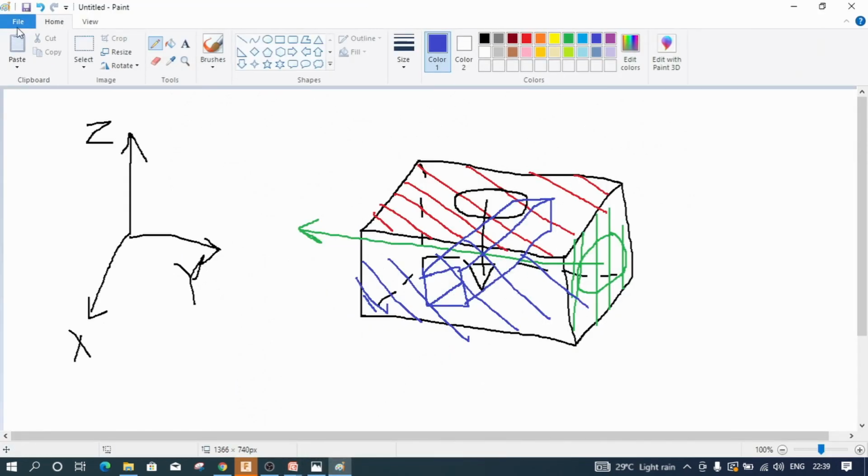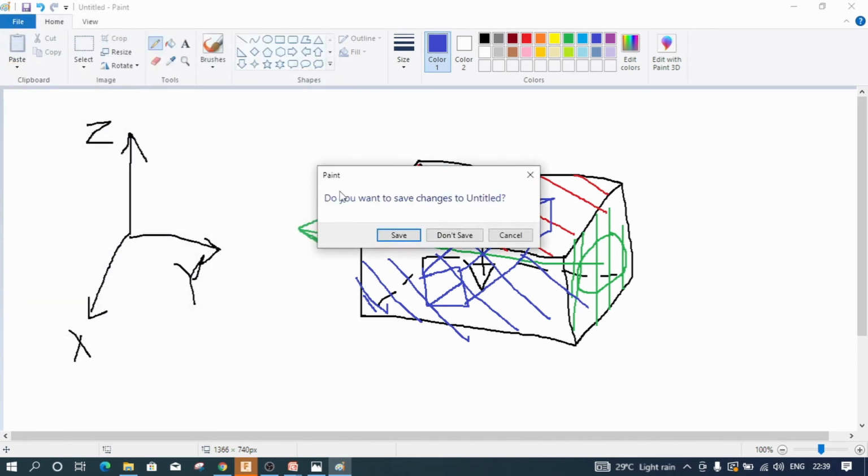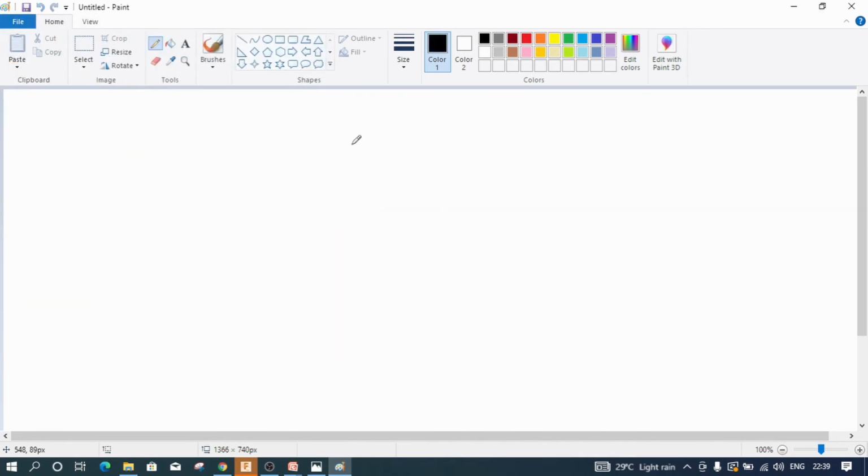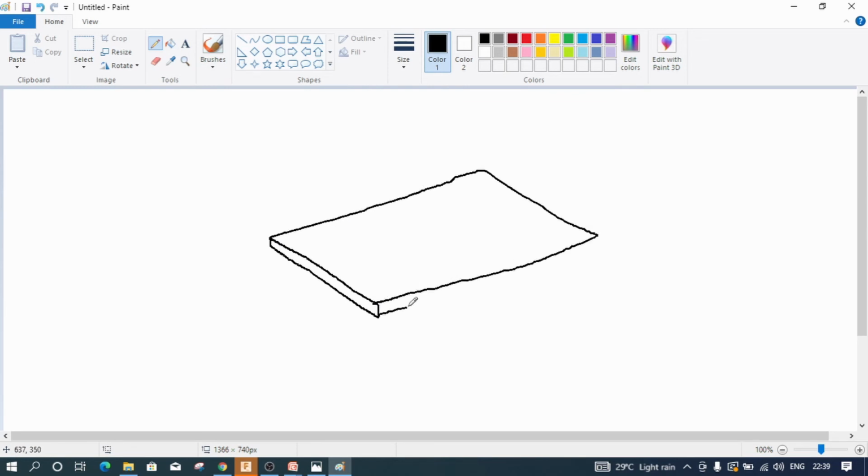Now we'll try to develop a mind map in which we can develop this object. So we have three things. Firstly, we have a rectangle, and it has a certain thickness. That is our point 1. Secondly, we have small projections like this.